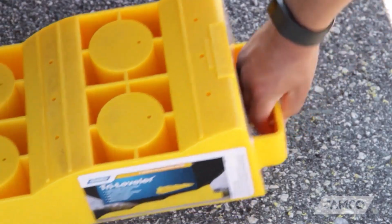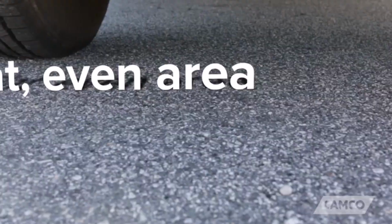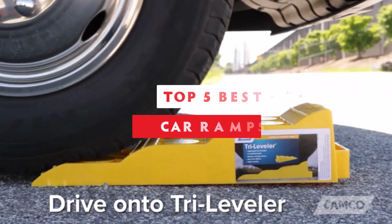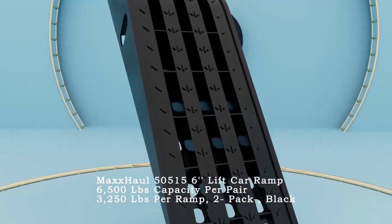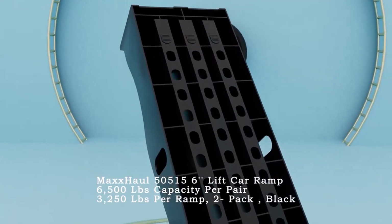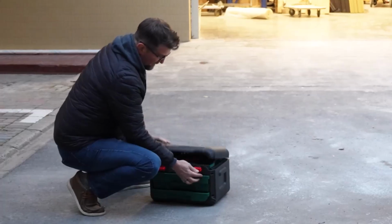Are you searching for the best car ramps to make your vehicle maintenance routine easier and more efficient? In this video, we'll explore the top 5 best car ramps designed to provide durability, safety, and ease of use. Whether you're a professional mechanic or a car enthusiast, these ramps will elevate your repair and maintenance experience, literally. Stay tuned as we dive into the key features and benefits of each ramp to help you find the perfect